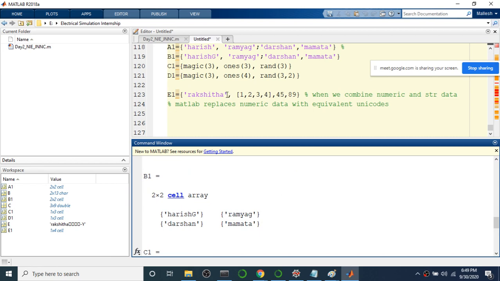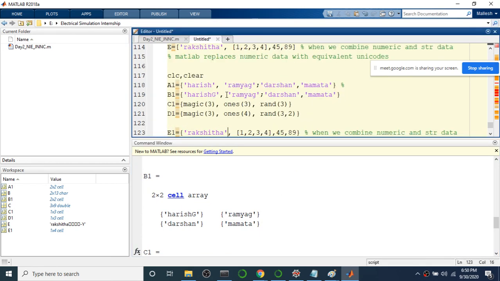So normally in cell arrays it won't display the content of the cell. First of all, coming to the cell, what is a cell? Here in cell arrays, whenever you put a comma, the data till that comma will be considered as one cell. That means this Harish is going to be considered as one cell. Beside that I am going to keep one more cell. Within the cell you can have any kind of data. You can have numeric data as well as string data. So there is no relationship between the data from one cell to another cell. It doesn't matter. So that's why you are not getting any errors here.